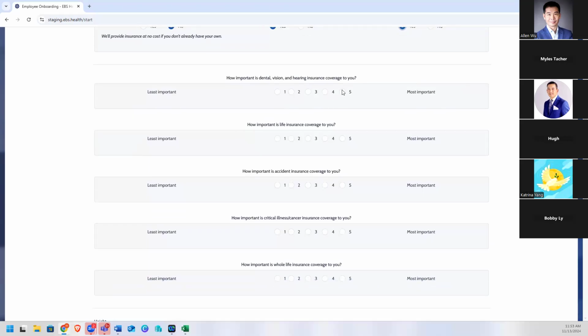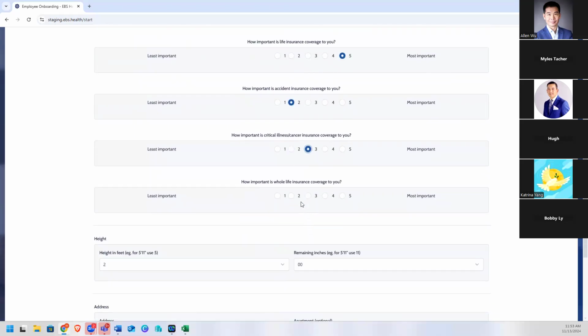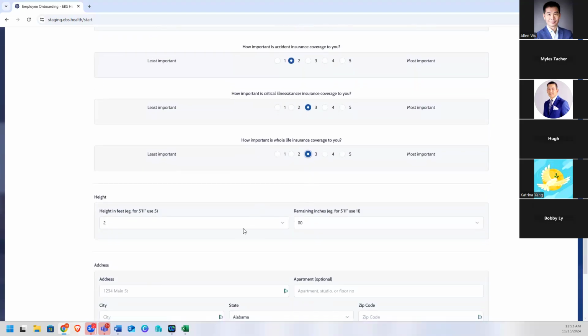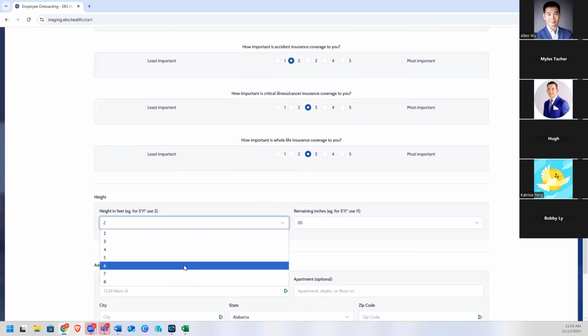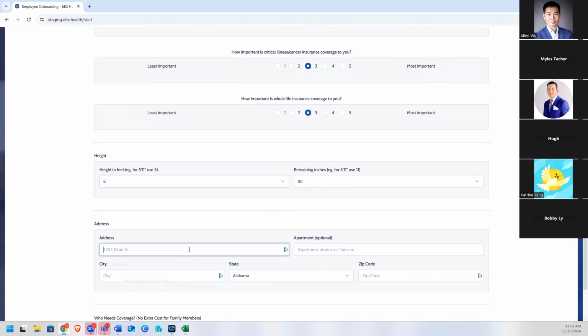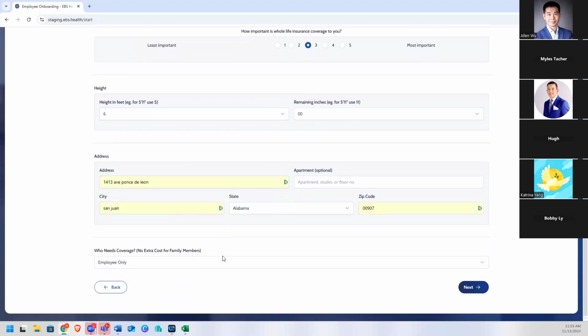So in this example, let's just say vision is very important. Life is a 5, accidental is a 2, critical illness is a 3, hypothetically, and whole life is a 3. Let's say our man right here is 6 foot. We're going to make a fake address. Now, if they want to add